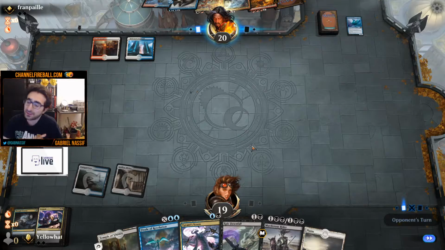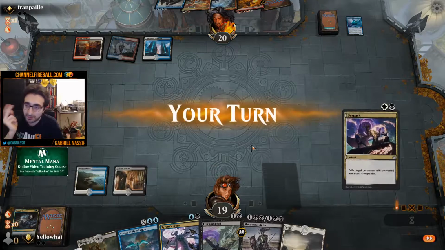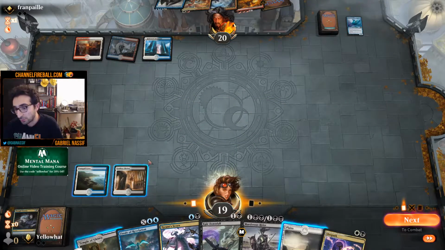Narset and Sideward. I think Narset's just so good. It's good against aggro because it finds your sweeper and they have to kill it. They can't really get 2 hits. And it's obviously the best card against Jeskai Fire, so